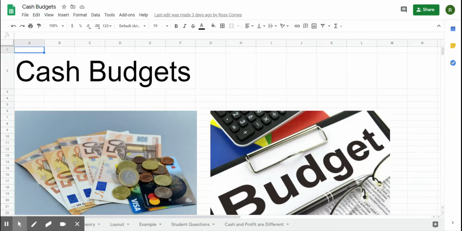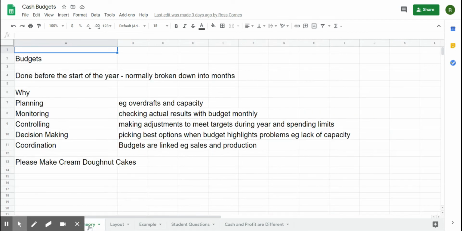Hi, welcome to this presentation where I'm going to give a quick overview of budgets in general, and more specifically I'm going to look at simple cash budgets. Cash budgets are far and away the most common examination question at A-level. There are a number of other budgets which most A-level students will need, some specific to what I'm teaching at the moment, which is Edexcel, but most of them are pretty common across all the A-level subjects.